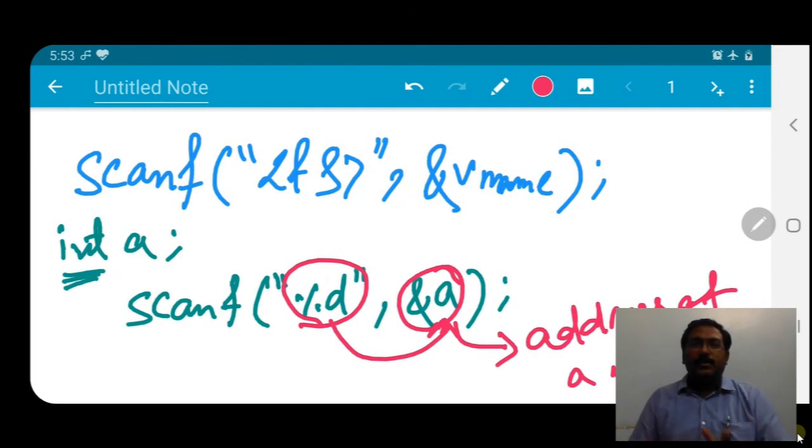So the compiler will know that yes, I have to accept some value from the user and store that value at this address. So what is the address? The address of the variable a. The ampersand mark indicates address. Fine. So like this we can write the input function scanf.